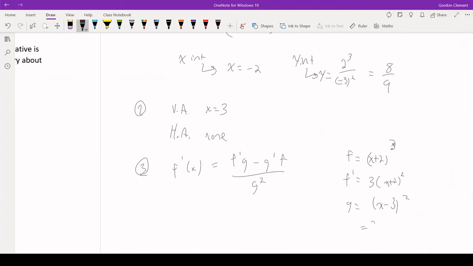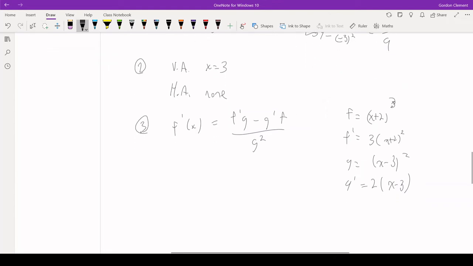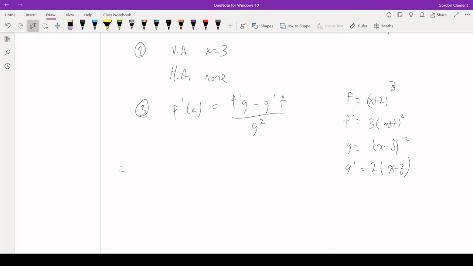The 2 is going to come down, the 2 is going to become a 1, multiplied by the derivative of what's inside, which is just 1. And we can go along singing our song: f prime g minus g prime times f,